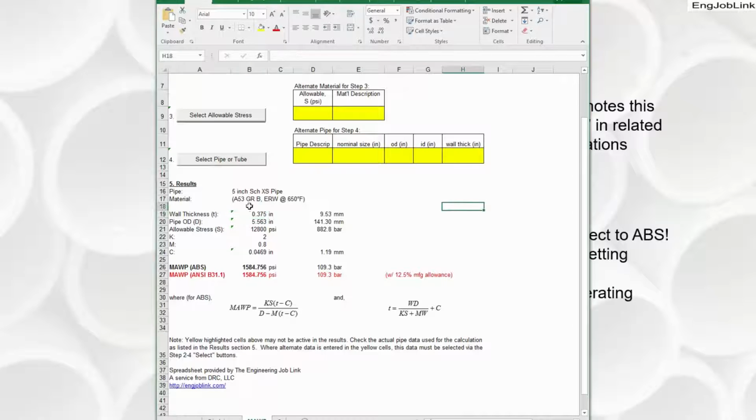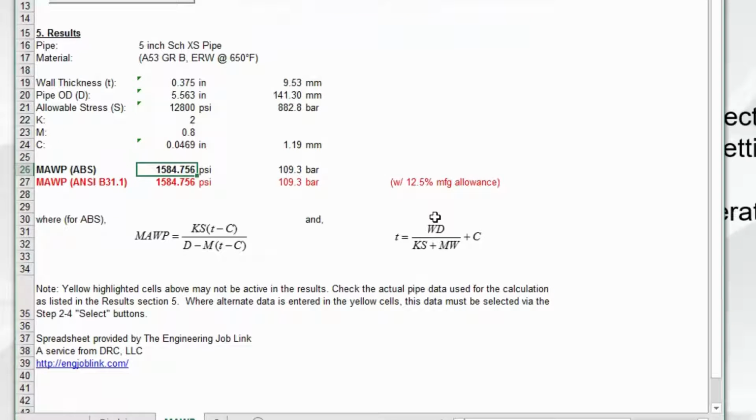Pops all that information into the spreadsheet, and then it calculates the MAWP according to ABS and ANSI. Because we selected the 12.5% manufacturing allowance, those two match. The equations are identical. They don't look the same when you look at the literature, but when you go through the corrosion factors and the other factors, they are the same.